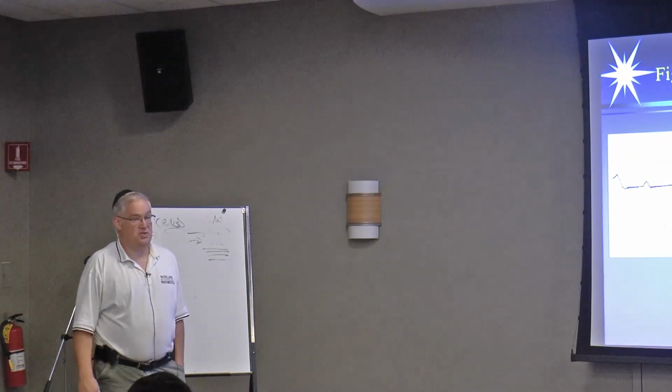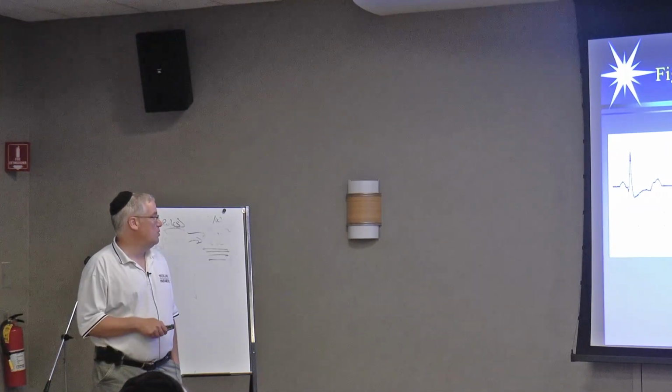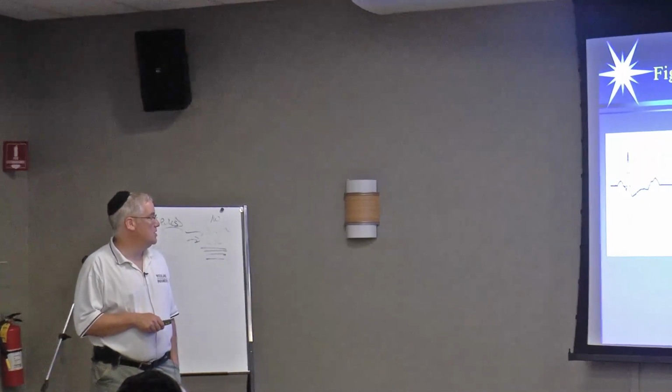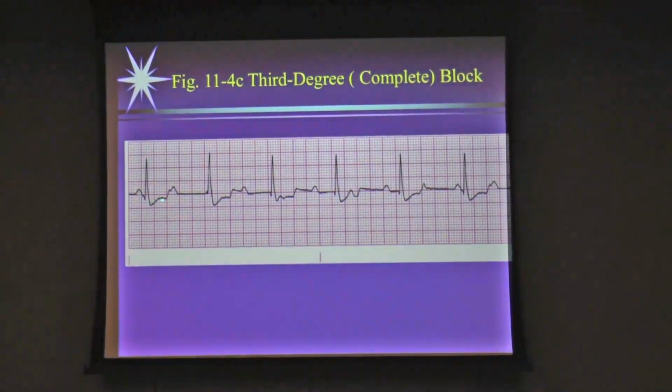And it just means the ventricles just decided not to be the backup pacemaker anymore, and they're not functioning anymore. Okay, so here's probably a better complete heart block, a narrow QRS. But what do we have? P wave, P wave, P wave, P wave, all over the place. No constant P-to-R intervals. R to R's are constant, P to P's are constant if you were able to pick them out and